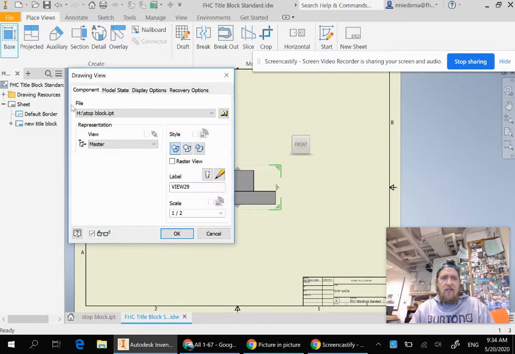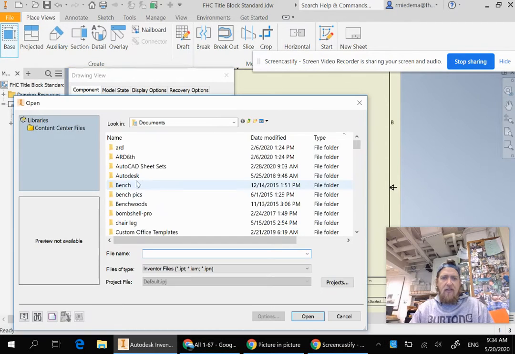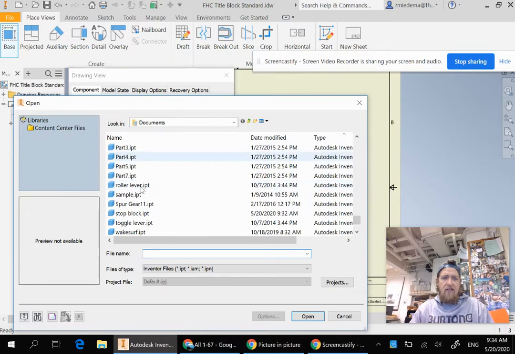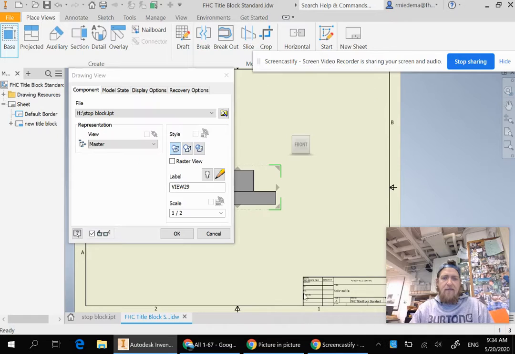Anyway, the next thing I want to do is go to Base View. Base View, and I'm going to go and find my original object. So I just made this one, so it already remembers where I'm at. If I need to go search for it, I can come in here and look for stop block. Open it up. And if I come over here, I get a view of